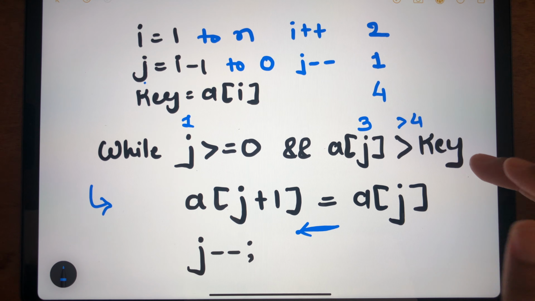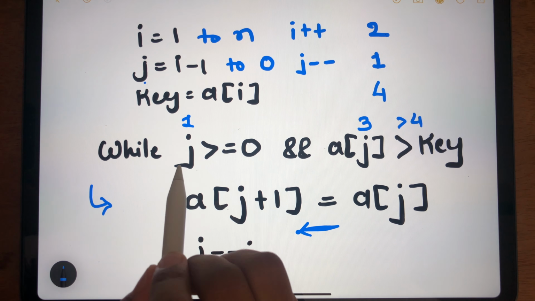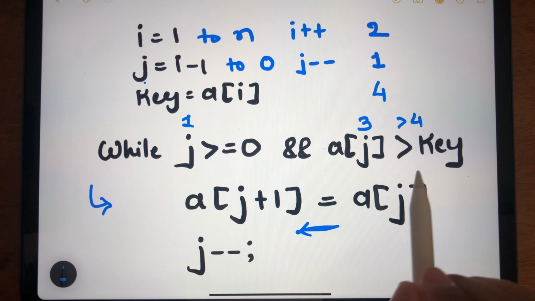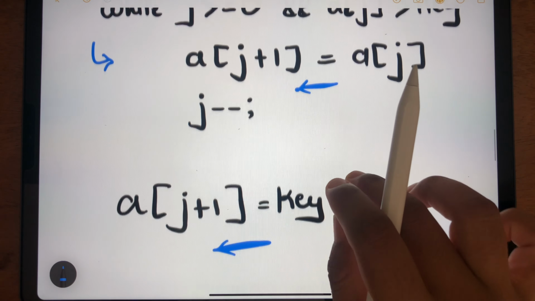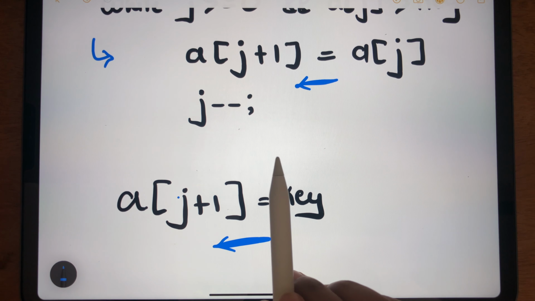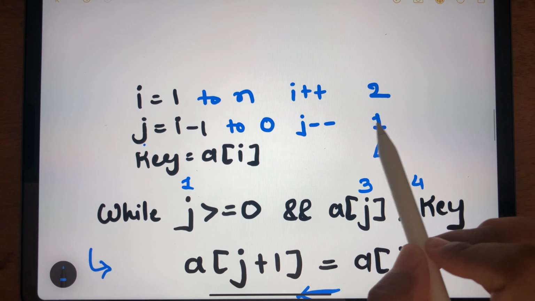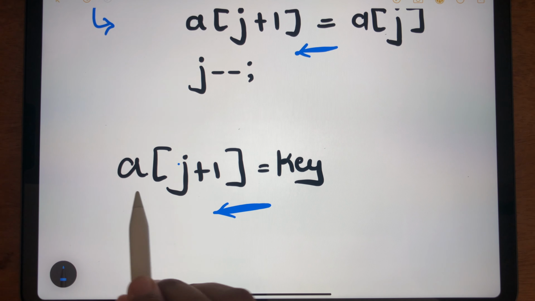So for the value of 1 for the variable j, this loop would not be executed. So we would come out of the loop here, and as our value of j is currently i minus 1, that is 1 here, we are basically assigning the same value again to the array.